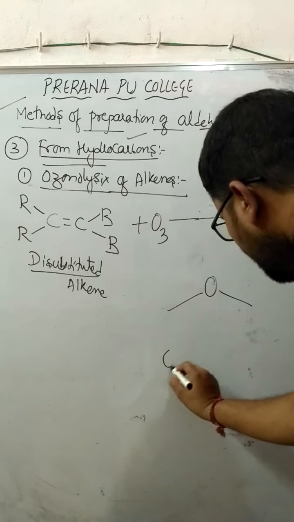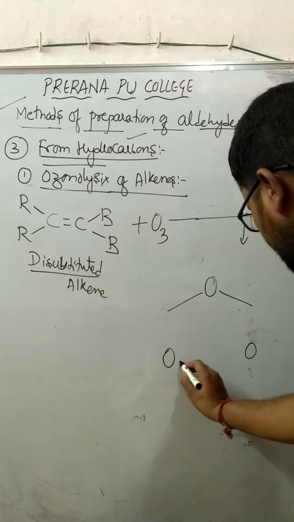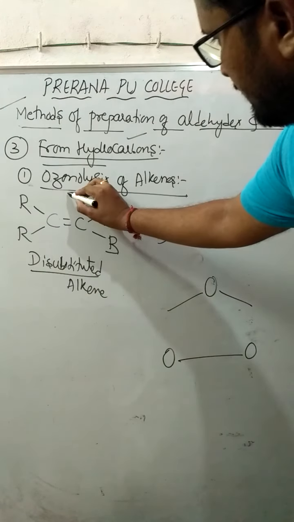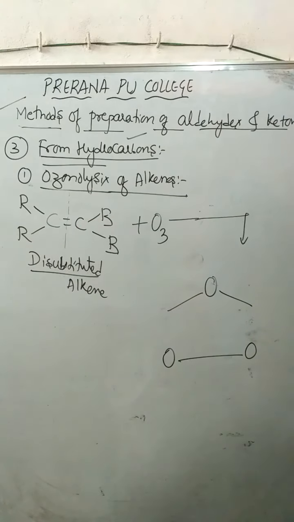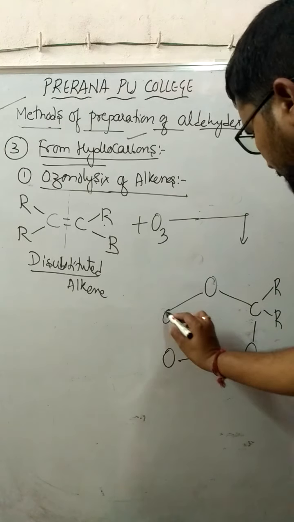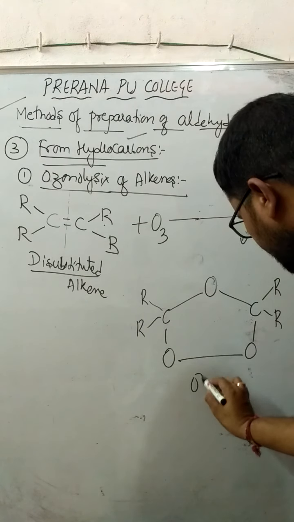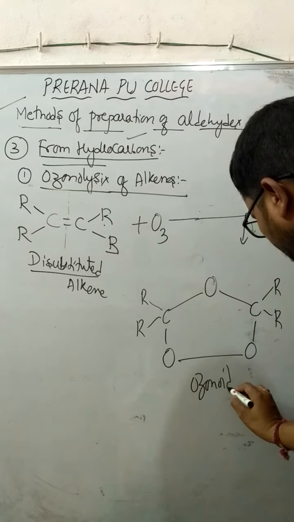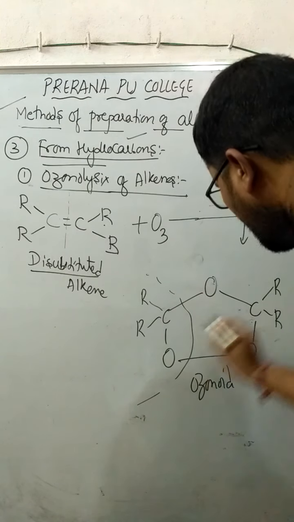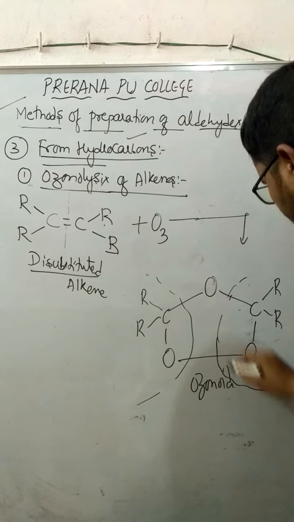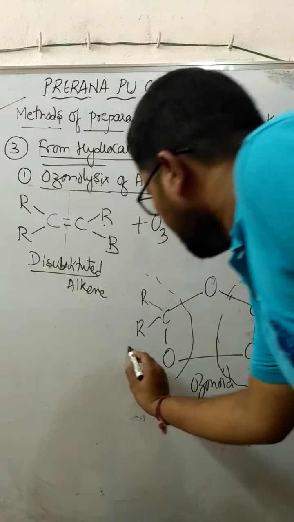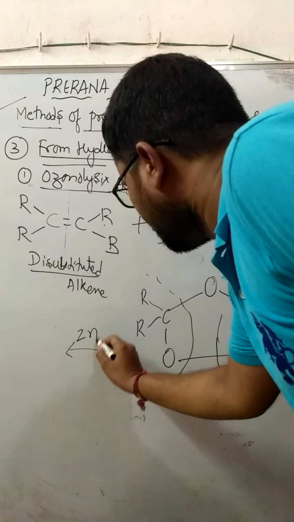So I have written the oxygen atoms at the terminal ends. Here the bond breaks exactly at the center between the carbon-carbon double bond, so that one carbon is linked with two alkyl groups and the other carbon is also linked with two alkyl groups. So this is called as what? Ozonoid. This ozonoid undergoes a cleavage called as an C cleavage, such that when it is heated with zinc